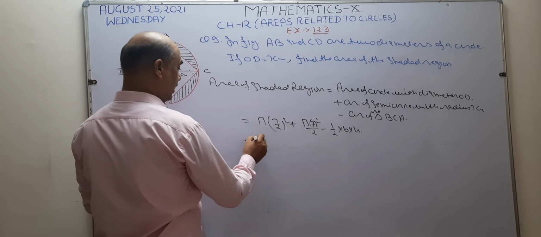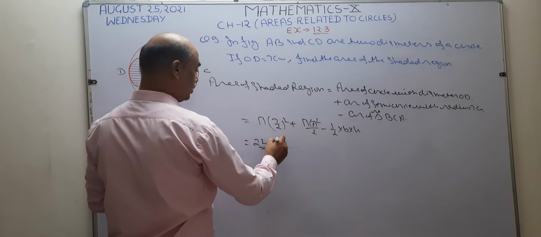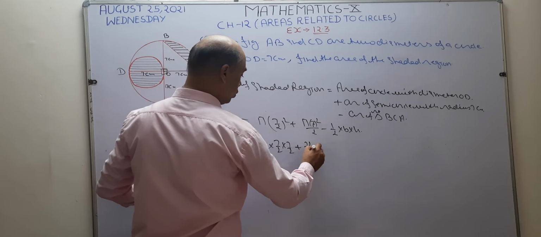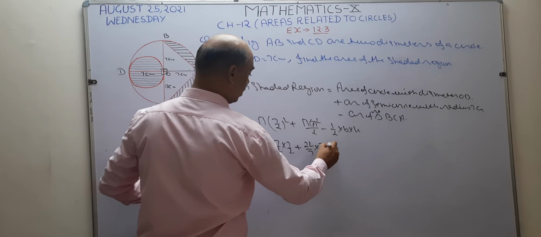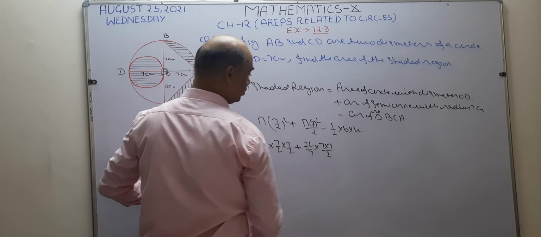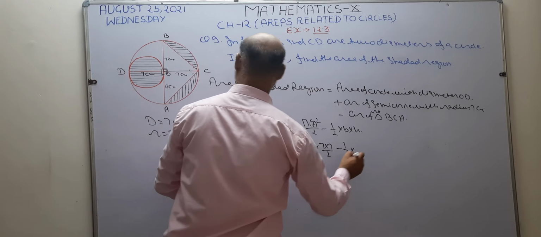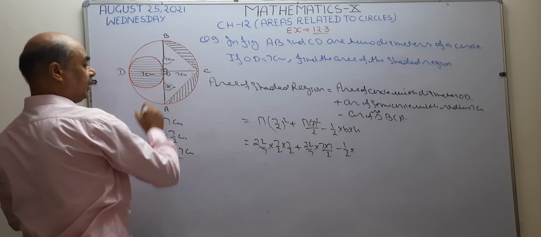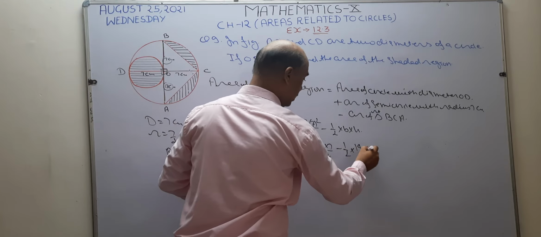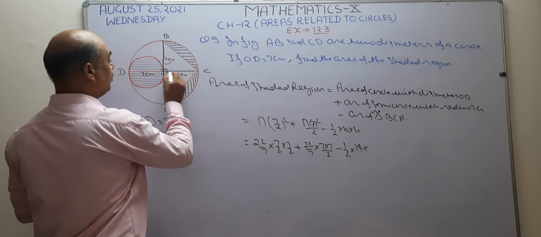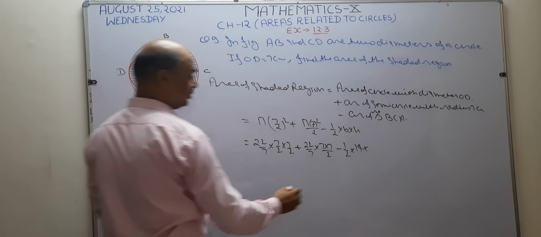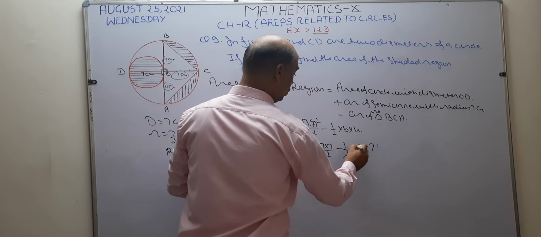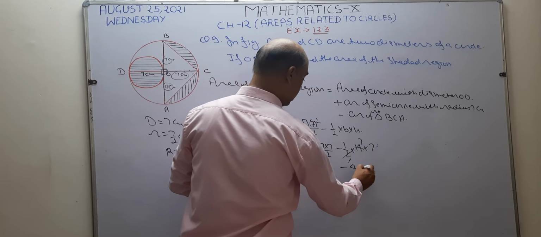Now, the value of pi is 22/7. 7/2 squared means 7/2 written two times. In this question, I want to square 7 two times, and the 22/7 remains the same. After that, 1/2. What is the base? This is the base of the triangle, 7 plus 7 becomes 14. Right here 14. What is the height of the triangle? This is the height of the triangle, so the height is also 7 centimeter. Right here 7 centimeter. So 2 ones are 2, 2 sevens are 14. So this becomes minus 49.